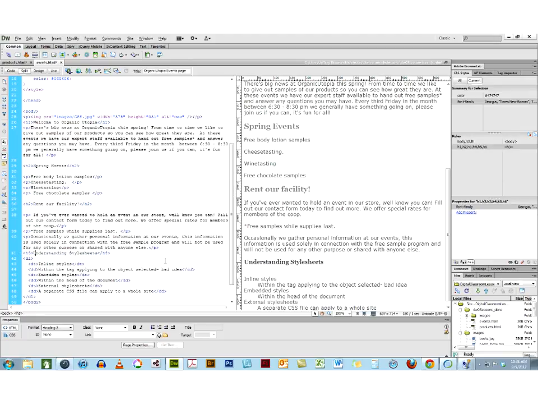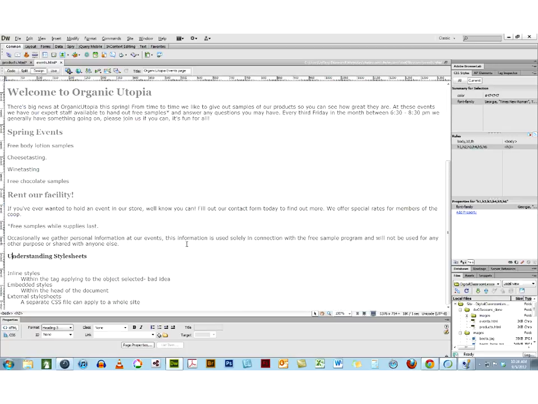And so there's a big space there. That's because the list is creating that space. That's fine. So we see that style sheets can be inline styles, which I already showed you, an embedded style,